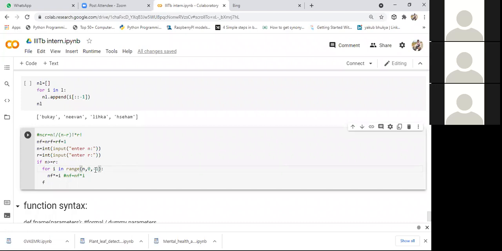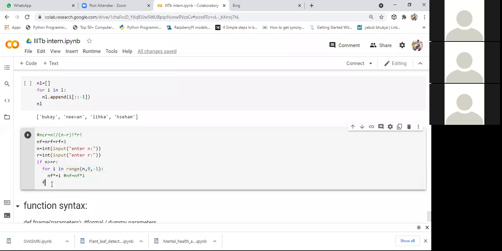If you want to calculate 5 factorial, 1 into 2 into 3 into 4 into 5 equals 5 into 4 into 3 into 2 into 1, right? How many are familiar with it? Yes, sir. Whatever approach you want to follow, you can follow that. But to avoid confusion, initially I wrote it like that. You can use either of the ways.